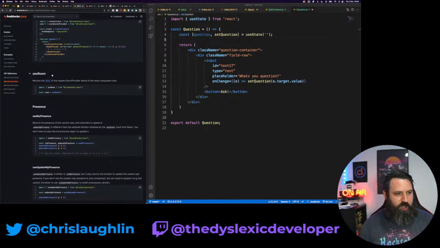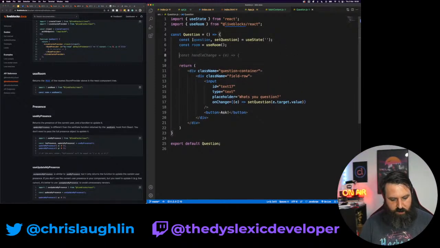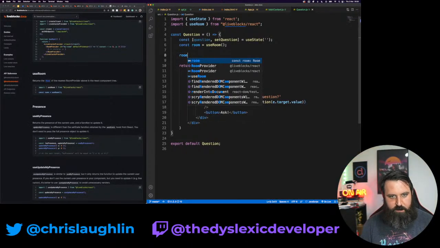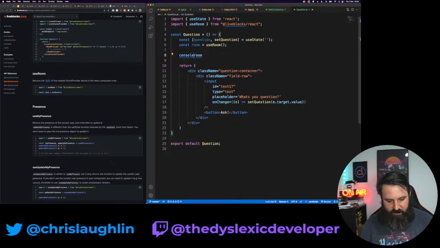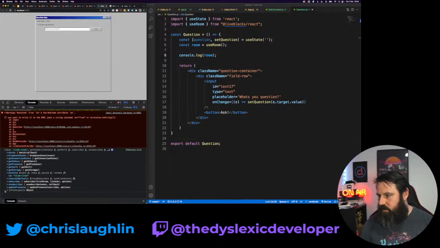So I'm assuming it's going to be off this useRoom hook that we're provided. So we have useRoom. This is correct. So I want to grab this, and we're going to say const room. Now what does room give us? I'm already struggling to type, and we're only 26 minutes into this. What does room give us? Let's see, we can see that on chat.